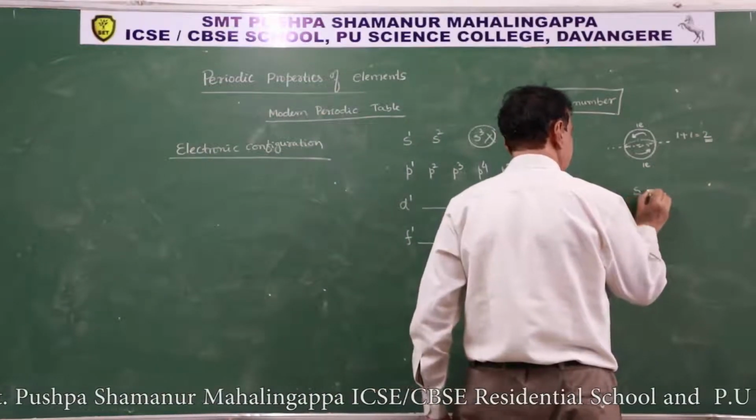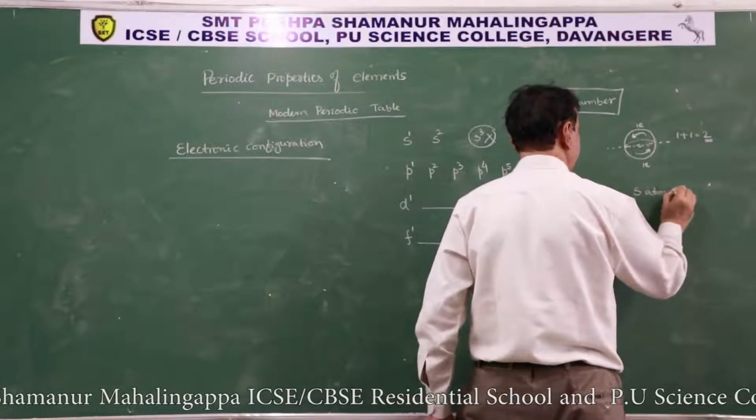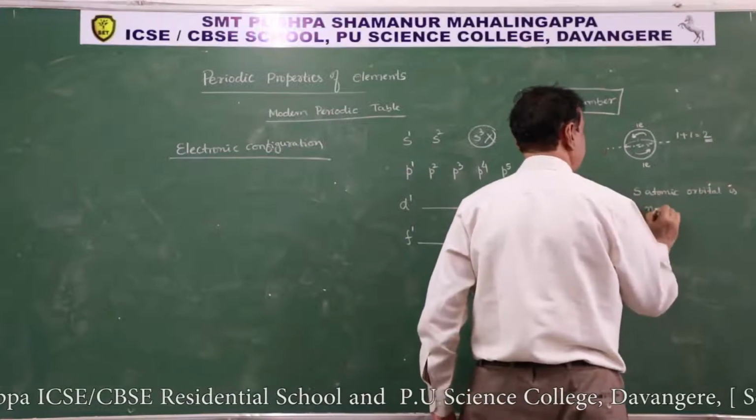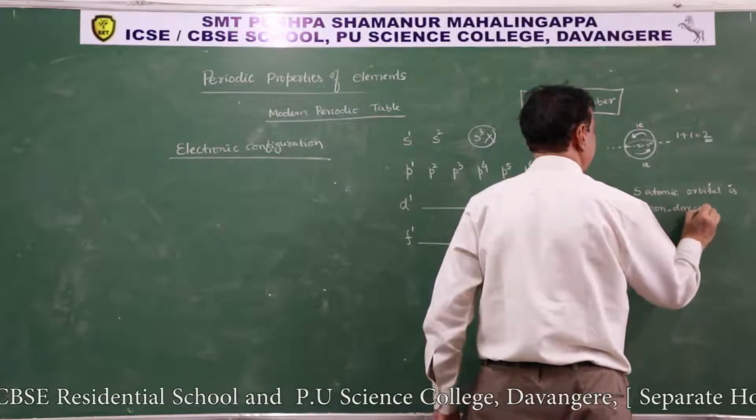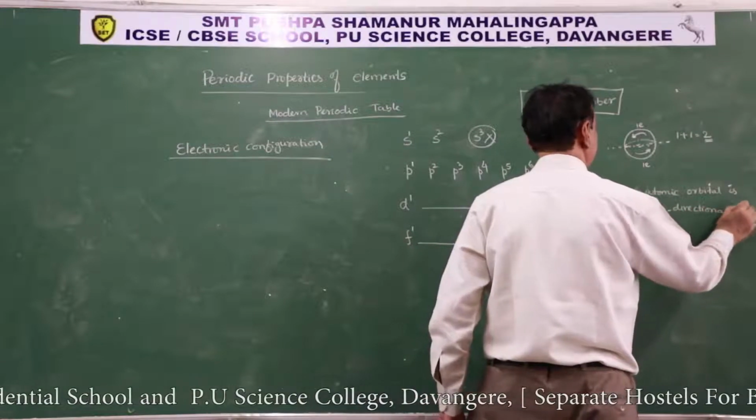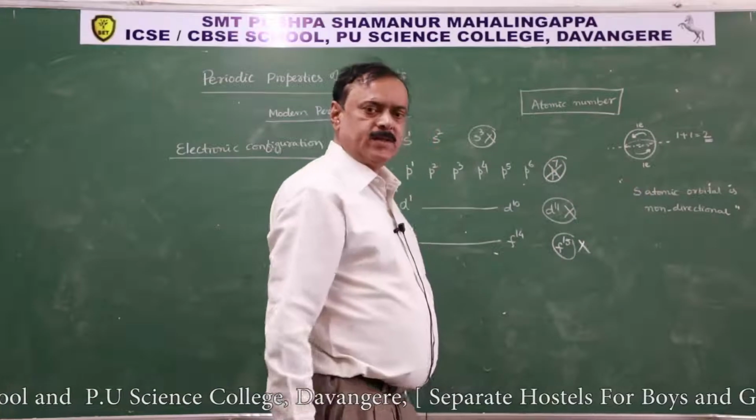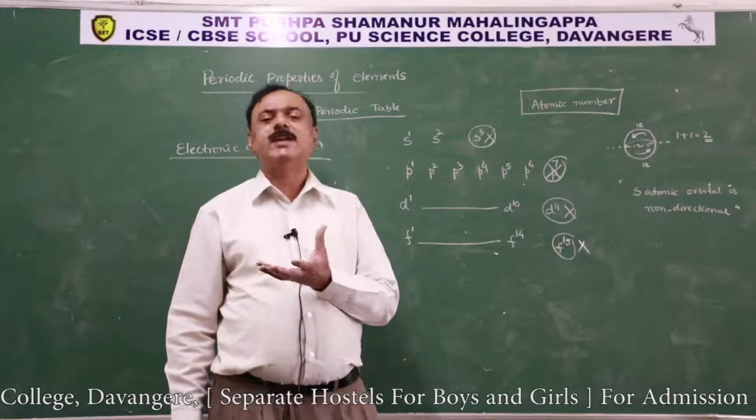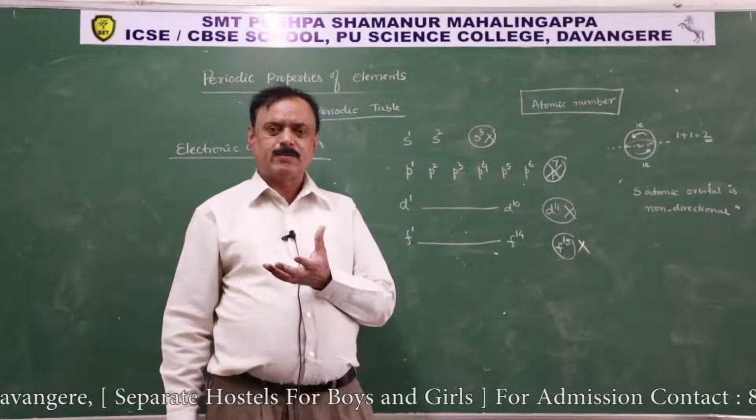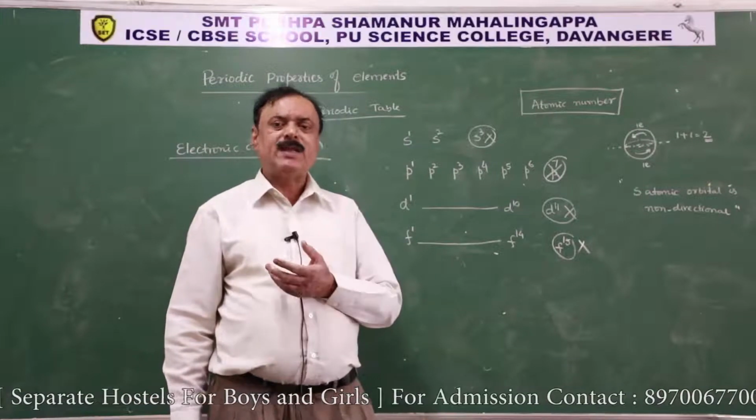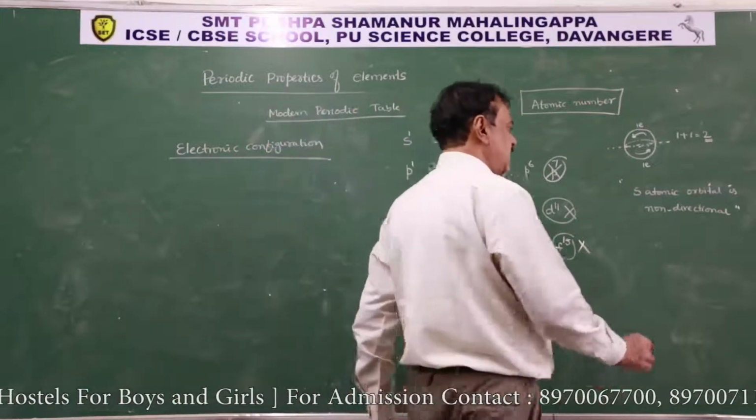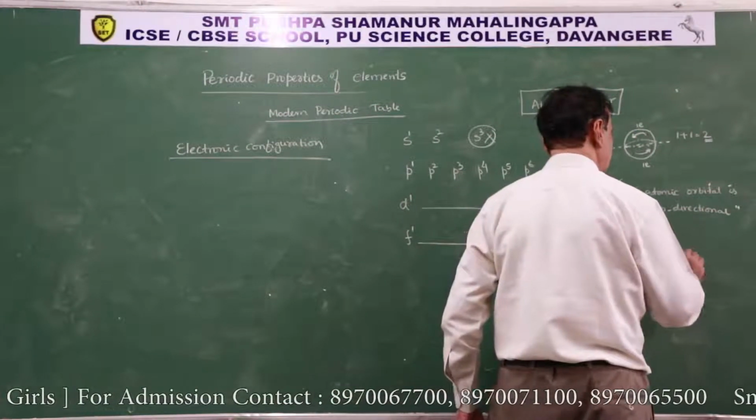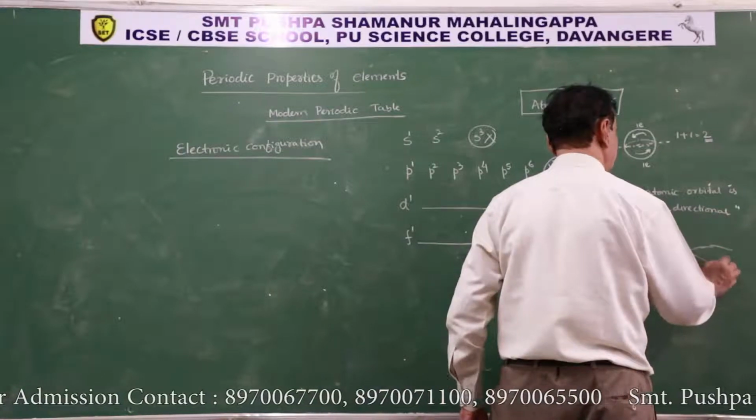Very important. The S atomic orbital is a non-directional atomic orbital. It has no direction. That is why we can't predict Sx, Sy, Sz like that. A sphere has no direction. But a dumbbell has a direction and a double dumbbell has a direction. That is why in the px atomic orbital,